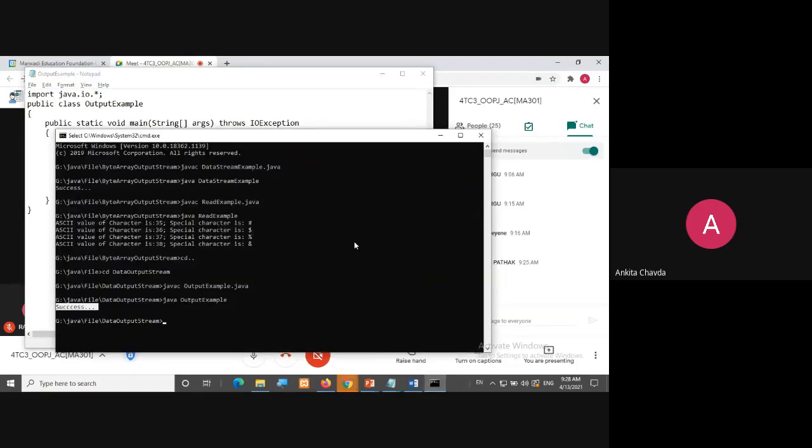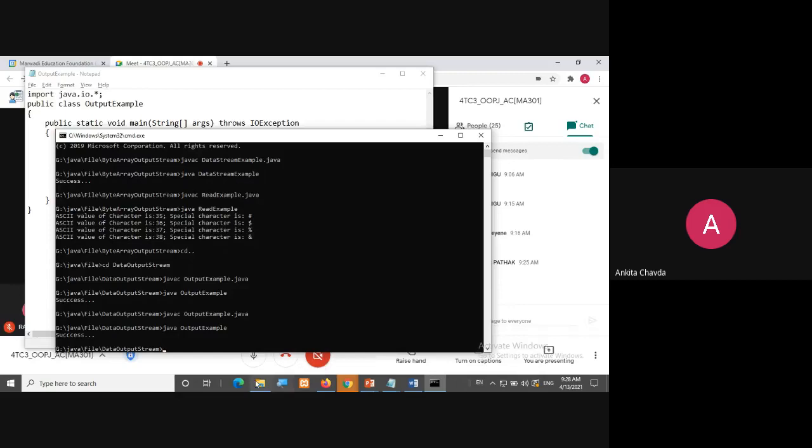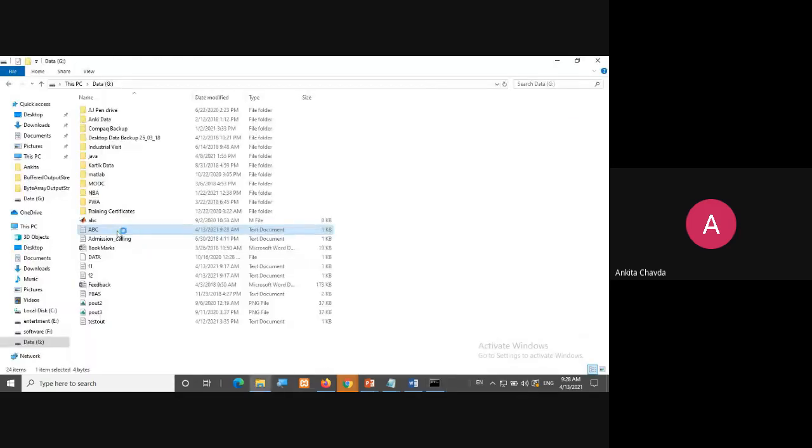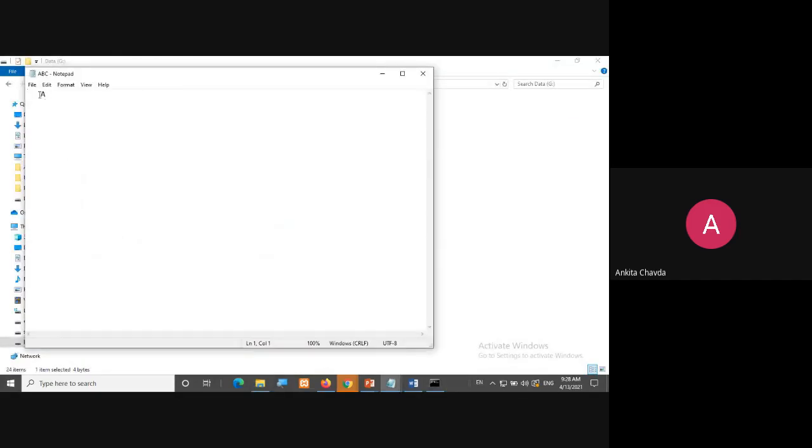Again I'll compile this and run this. It is successful. Again I'll go to that folder abc.txt. Have you seen this now? It's 1, 2, 3, and on the 4th it is written, because integer will take 4 bytes, right? So according to that, it will store your data. Fine.